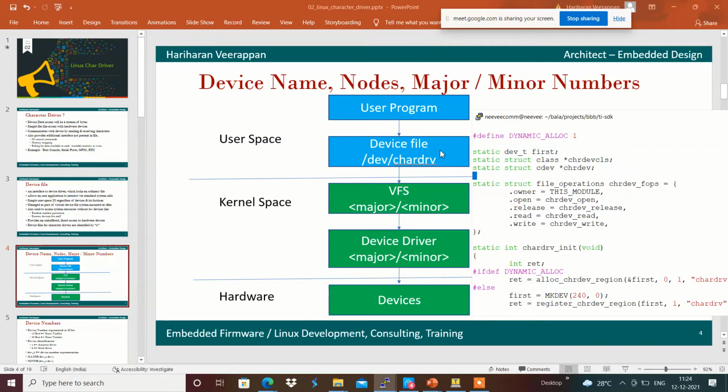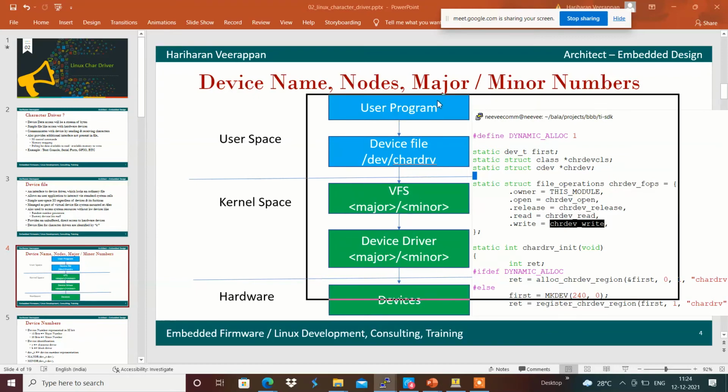Whenever we are closing this file, we will get called with the character dev release callback function, and whenever we are trying to read from this character dev file, the read callback function will be called. Whenever we are writing into this device file, the respective character dev underscore write callback function will be called in the device driver. We will see how the functions get called over here.